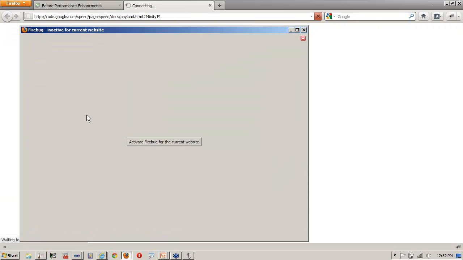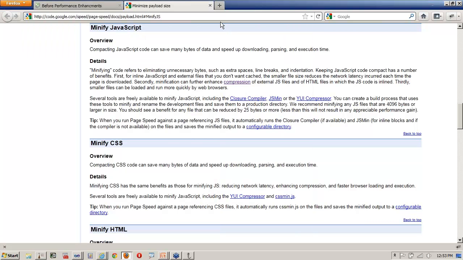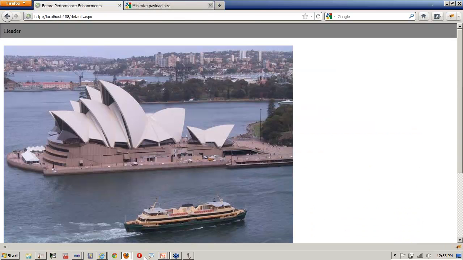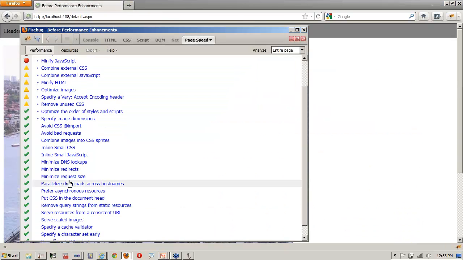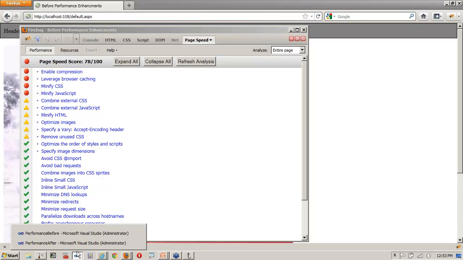I can actually click and go out and see, well, this is what it means. And they've got some links and some tools that you can use. But again, it's just giving me a nice quick measurement of what am I doing well, what am I doing poorly. If I go pull up the same thing for my after site,